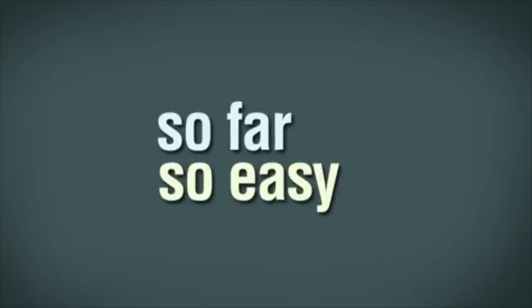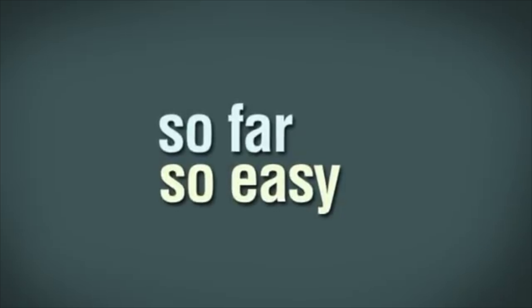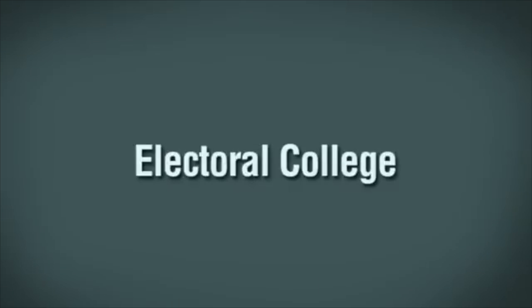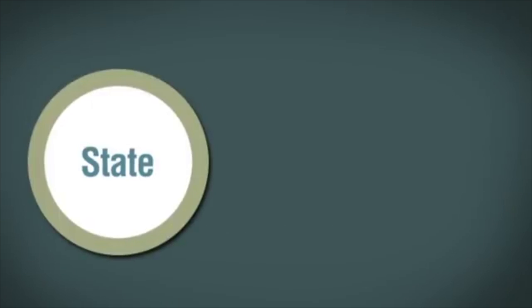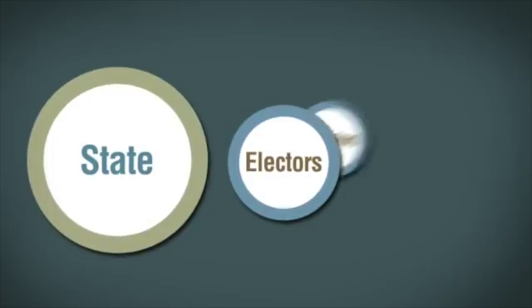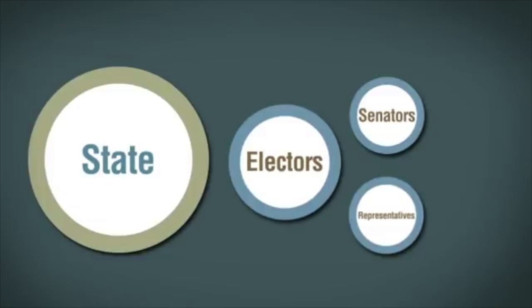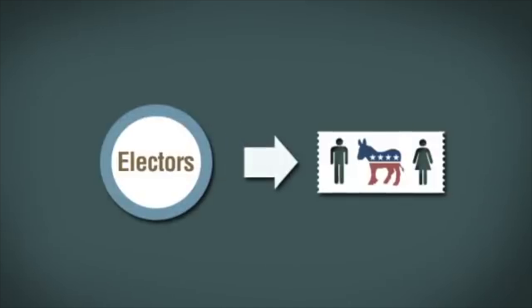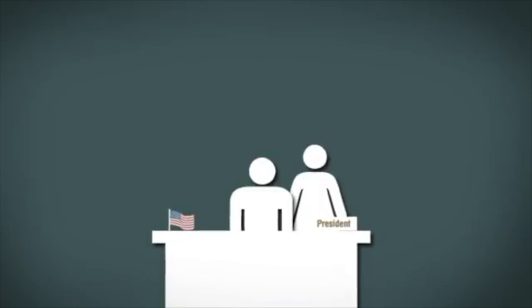So far, so easy. However, the public don't vote directly for their choice of president. Instead, a system called the Electoral College is used. Each state is allocated a number of electors that will make the final choice. A state has the same number of electors as it does senators and representatives. In most states, all the electors will vote for the presidential ticket which received the most support in the public vote. Finally, the presidential ticket with the most Electoral College votes becomes President and Vice President of the United States